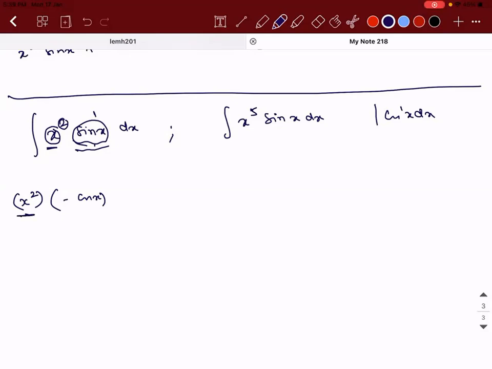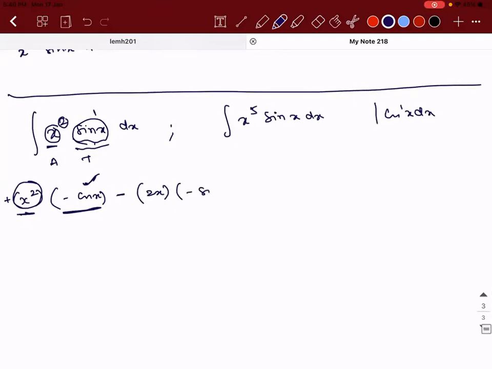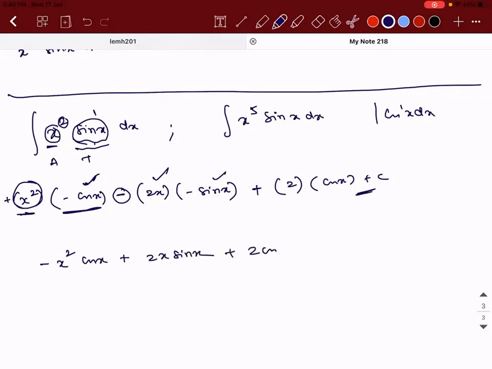So write the first function as it is, integrate the second function, provided what you have is a combination of algebraic and trigonometric function. Okay. Since you started with a plus sign, put a minus sign here and open another bracket. Differentiate this function into integrate this function. Okay, you have a minus here, put a plus. Open the bracket, differentiate this function and integrate this function plus c. This is the answer. So minus x square cos x plus 2x sin x plus 2 cos x plus c.